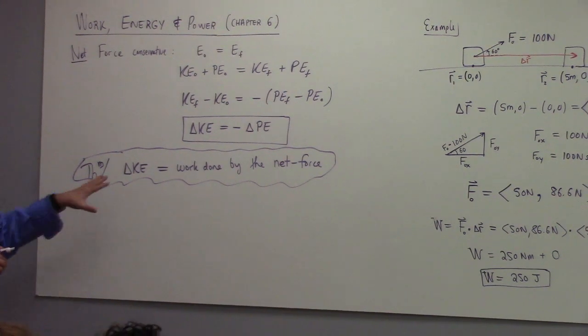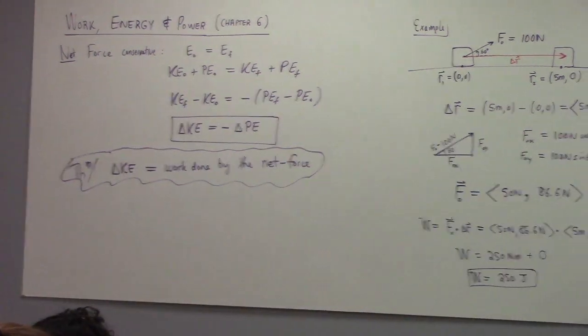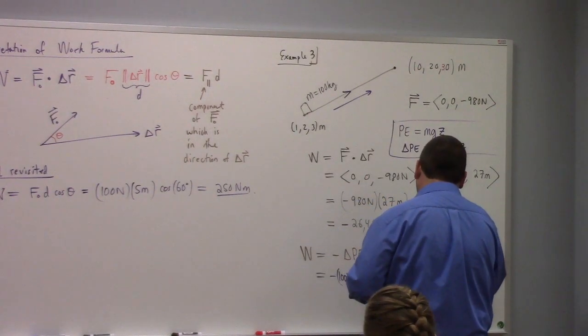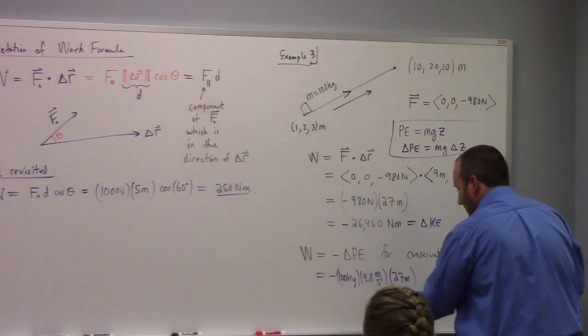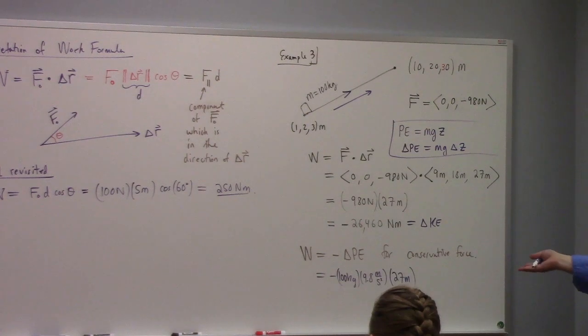Now, you can see this at play, though, right? Because the work done over here, we calculated directly. This is equal to the change in kinetic energy for the situation. And as you can see, that was equal to minus the change in potential energy. There's an example of the conservation of energy as well as the work energy theorem in concert.